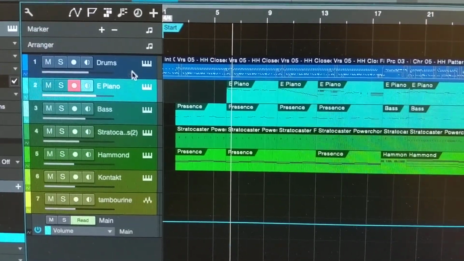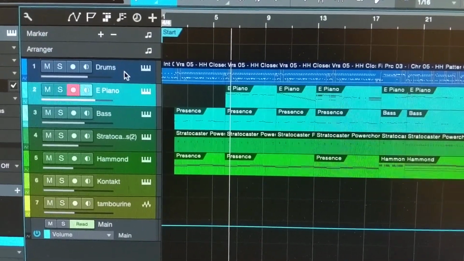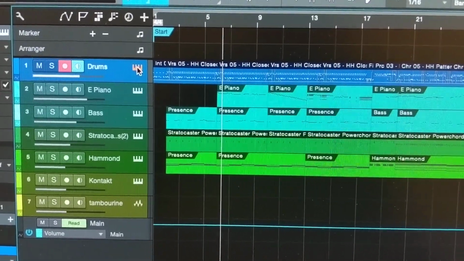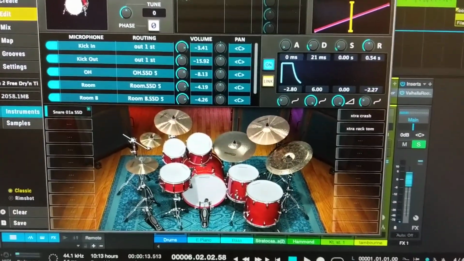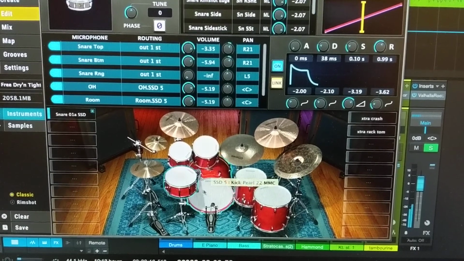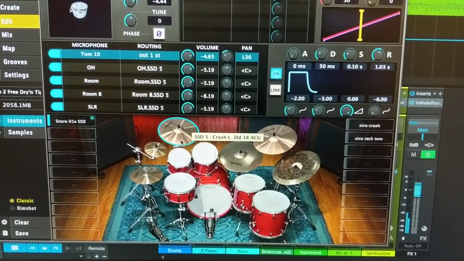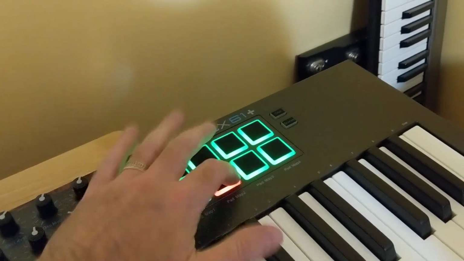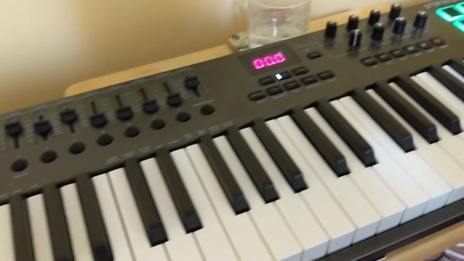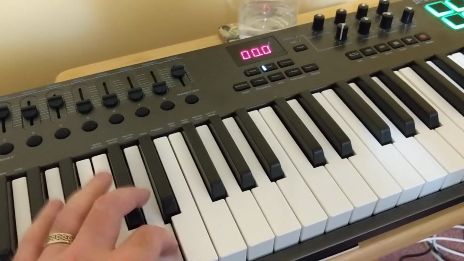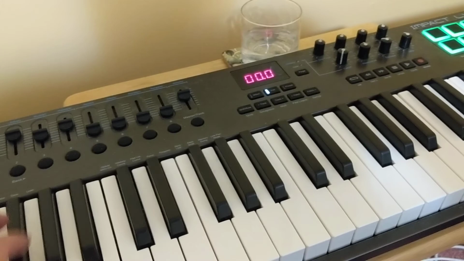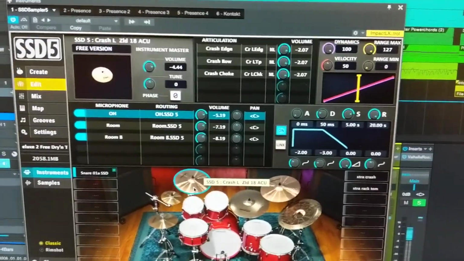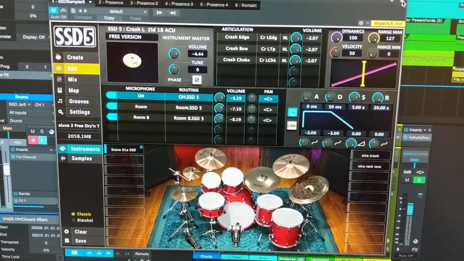Like I said, each of these are their own instrument. So drums, for example, if I click there, it will open. You can see there's a drum kit. And they can also be controlled from here or on the keyboard. Probably can't hear that, but the other way that drums work is